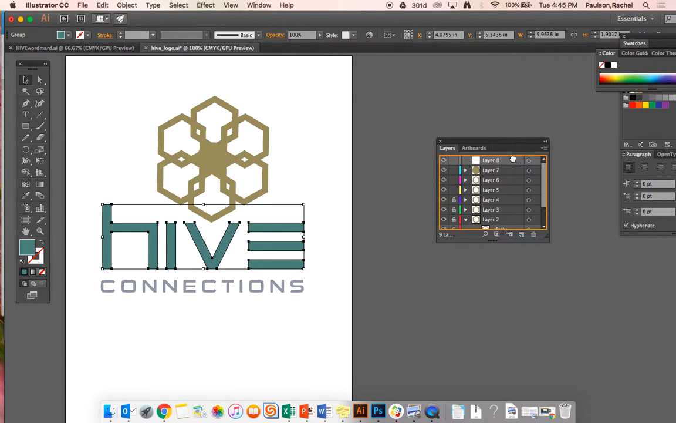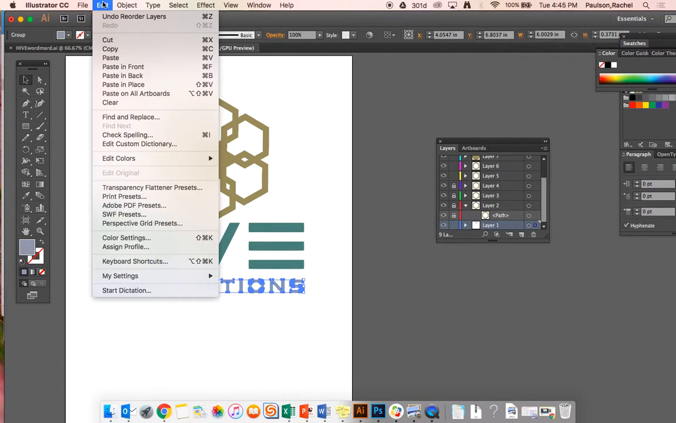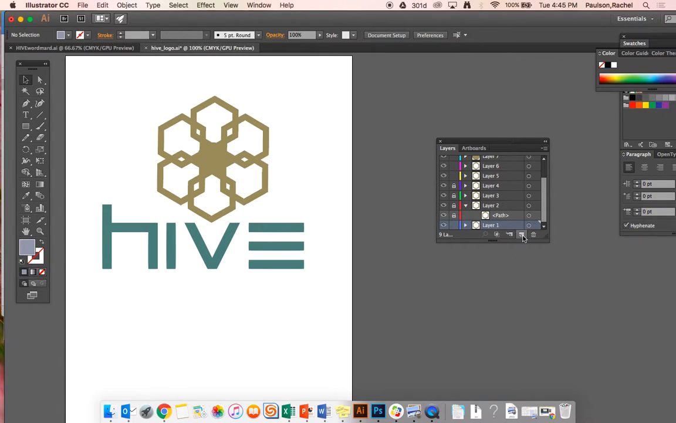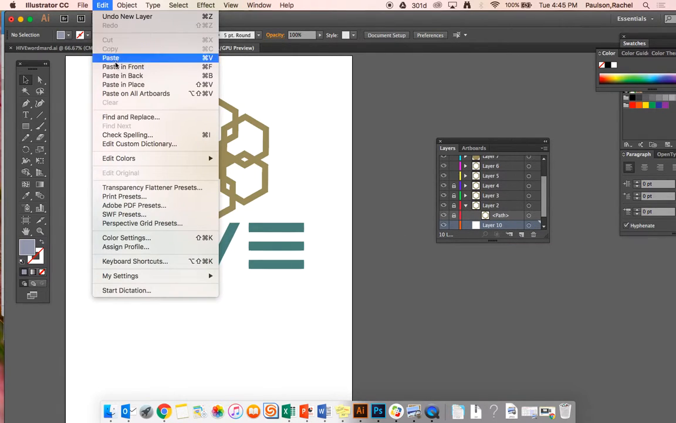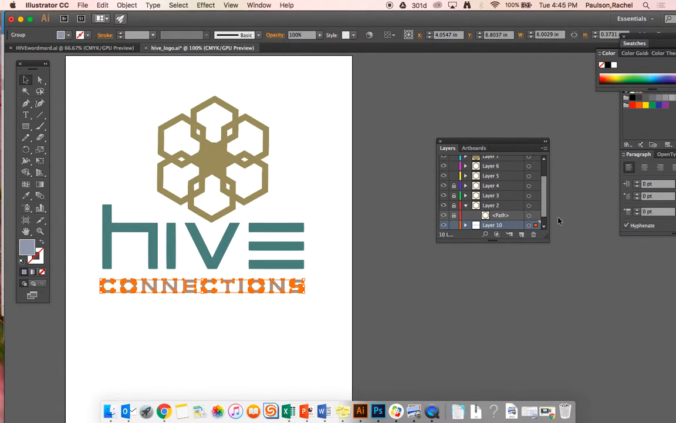And I can rename these as well to help me organize it. Edit, cut, add a new layer, paste in place, and move that guy to the top. Okay, so I'm going to call this one Connections, call this one Hive, I'm going to call this Center,